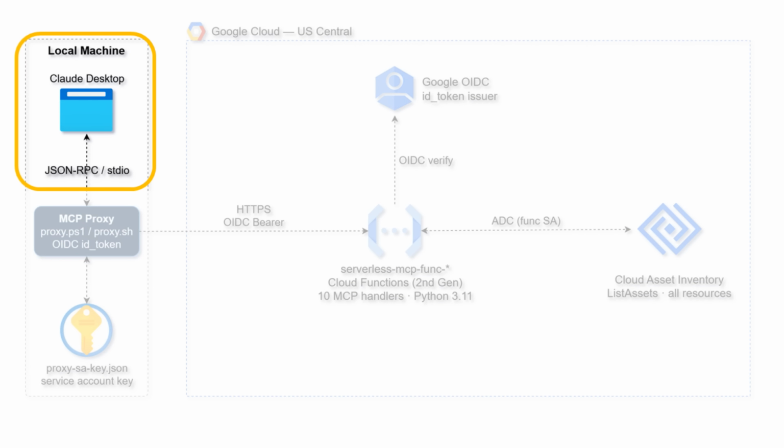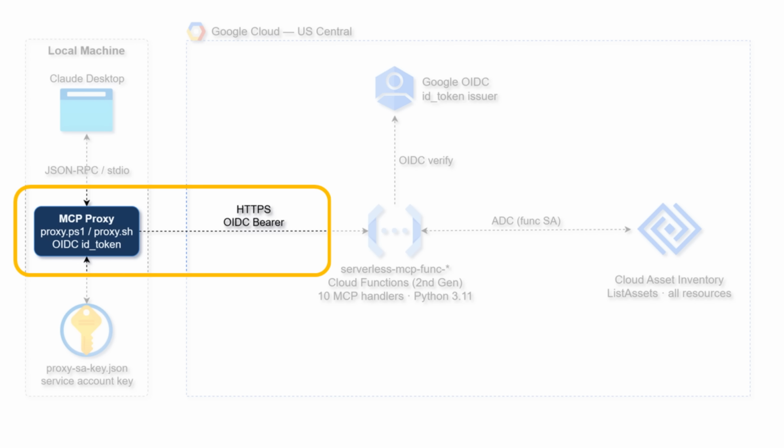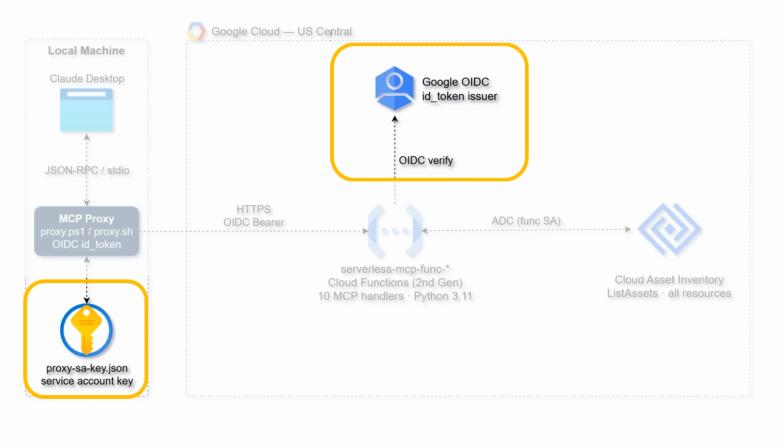We start with the AI client, Claude Desktop, issuing MCP tool calls over standard JSON RPC. Those calls are picked up by a lightweight MCP proxy. It acts as a bridge, converting local MCP requests into HTTPS calls. The proxy uses a service account key to obtain an OIDC token, so every request is authenticated before it leaves